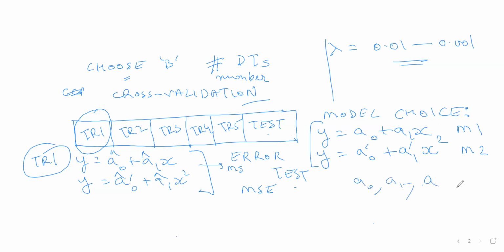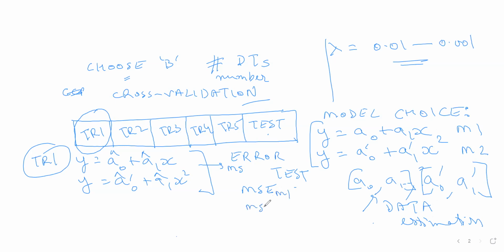I know the values of A0, A1. I also know the values of A0 dash and A1 dash, because I've used the data to estimate the values. So all these parameters, these two and these two, I know. Then I find the MSE values for the test data for M1 and the MSE values for the test data for M2. Are you with me so far? Yes. I'm going to call it MSE for M1, MSE for M2 for the